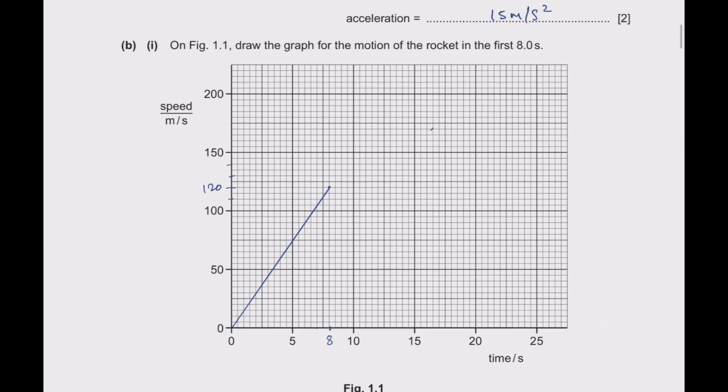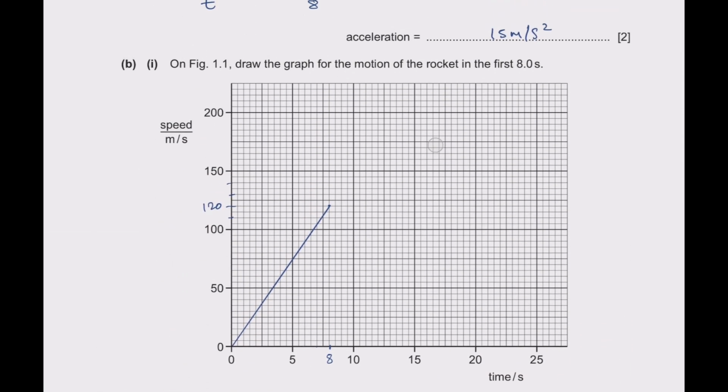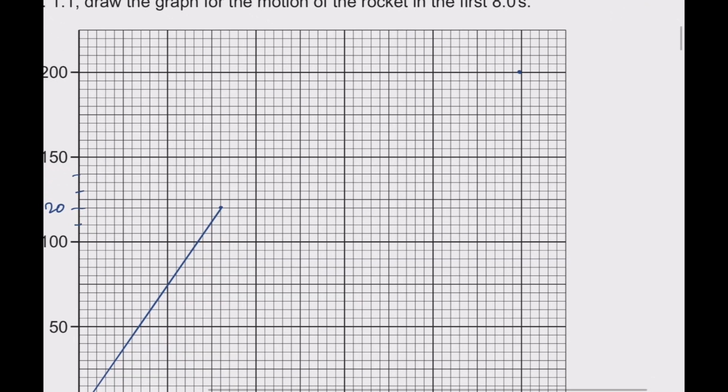Now for the graph, this is 25, let us mark 20, this is 25, and it should be less than 200, and it is decreasing. So the slope will continuously decrease, because we know that the slope of speed versus time gives us the acceleration. So the slope will decrease because of decreasing acceleration. So I will draw the graph somewhat like this.